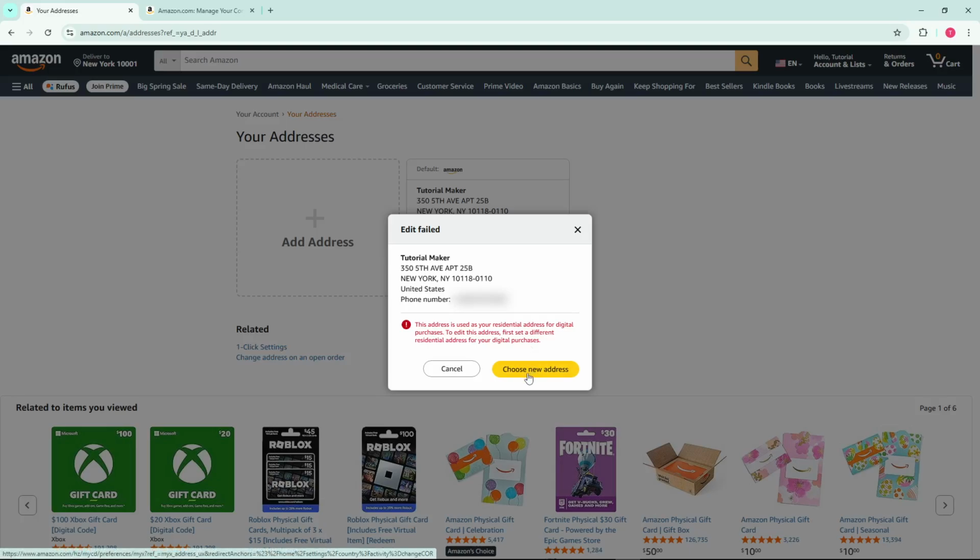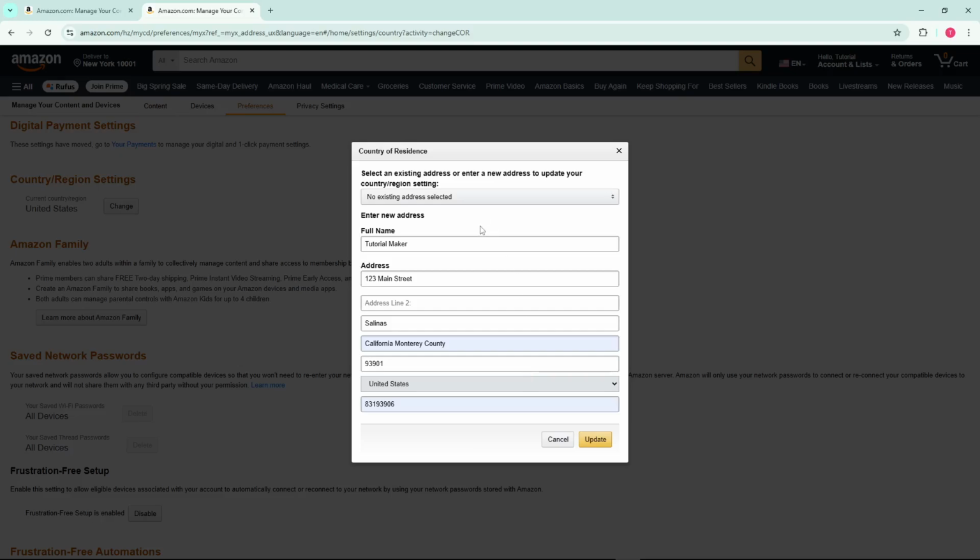After clicking Edit, you'll see an option that says Choose New Address. Click on this to begin entering your updated information. A form will appear where you can type in your new address details. Fill in the fields for your street address, city, state, province, or region depending on your location, zip code, and phone number if needed. Make sure everything is accurate, as this will be used for billing and possibly shipping purposes